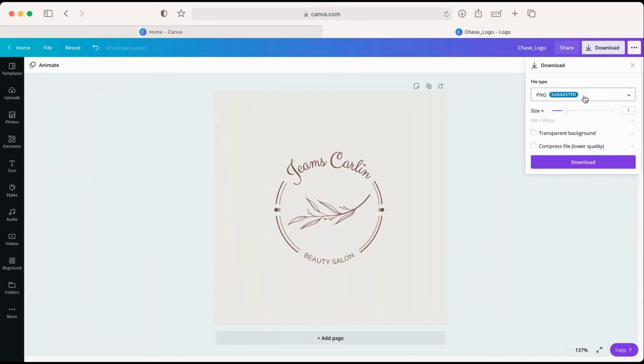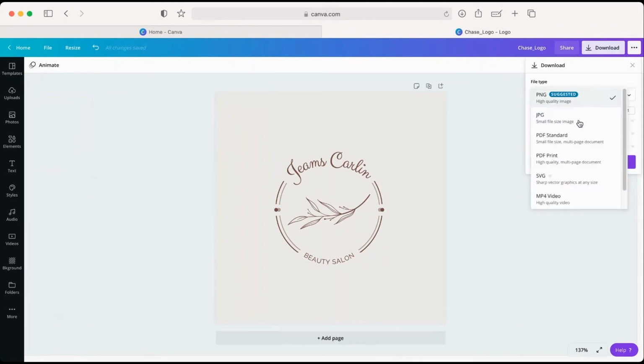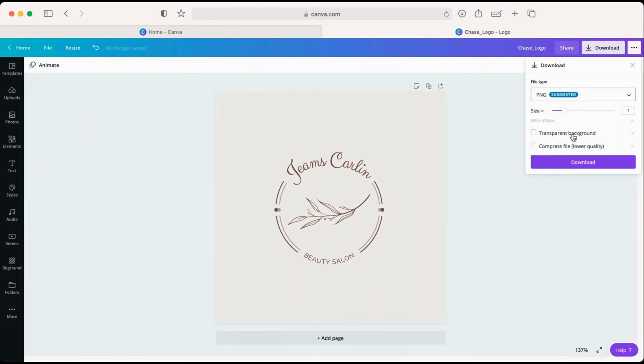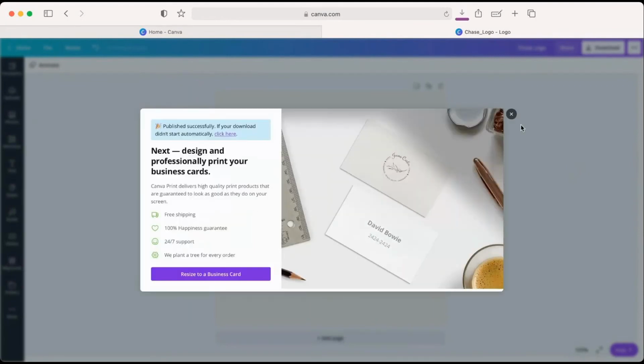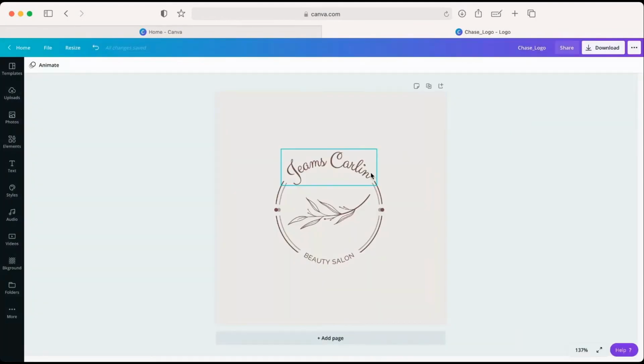And when we go to download, it's really cool because you want it in a PNG. That's really what's best when it comes to your logo out of what they have here for selections. Go to your PNG, but you can also hit transparent background. So when you do that, it's really great. Because